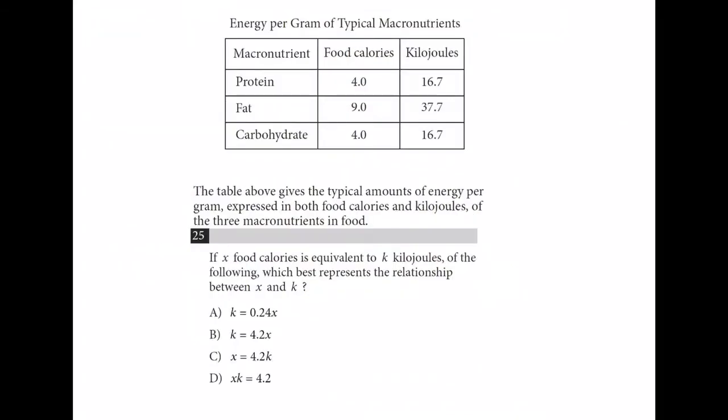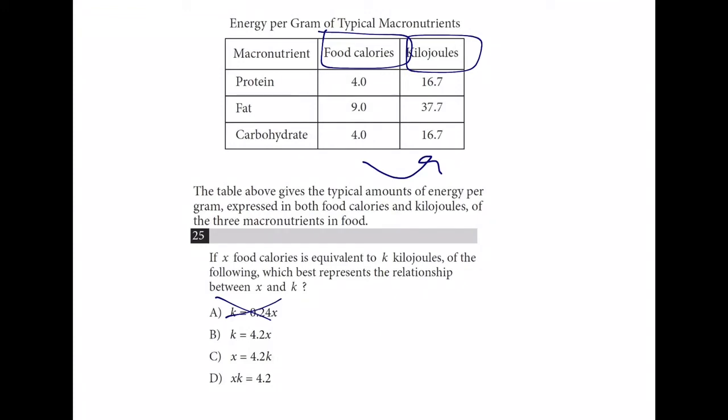25. The table above gives the typical amounts of energy per gram expressed in both food calories and kilojoules of the three macronutrients in food. If X food calories is equivalent to K kilojoules of the following, which best represents the relationship between X and K? You might notice from this table, as we go from the food calories column over to the kilojoules, we're multiplying by about 4. That can rule out choice A, and we see B, C, and D all have this